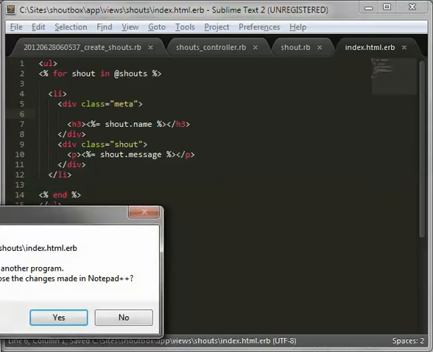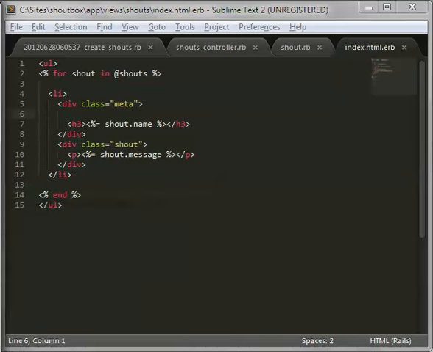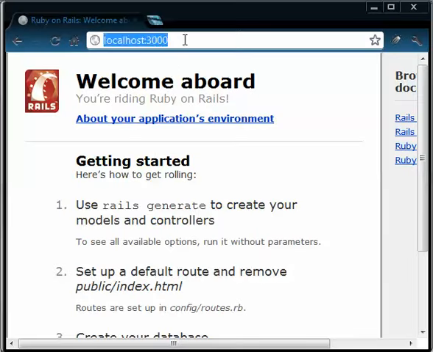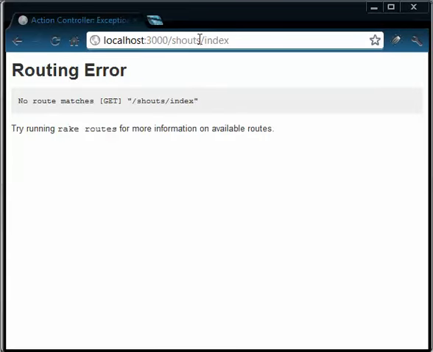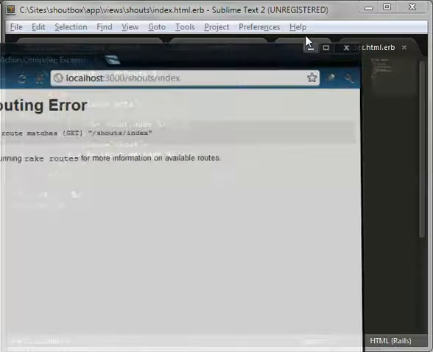Okay, now after saving, let's look at our shouts index. So we have a runtime error, no routes matches. Now we have to create a route for our page. So let's go to the routes file,